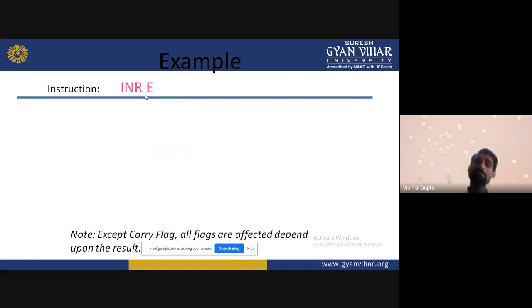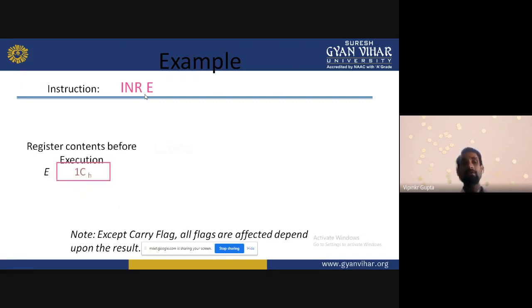In the previous lectures, we discussed the various addition and subtraction instructions: addition with carry, addition without carry, addition immediate, subtraction without borrow, subtract with borrow, and immediate. Now suppose I am writing a program and we need to store my data in the next location. So an increment takes place. How will we do the increment? That will be seen here.